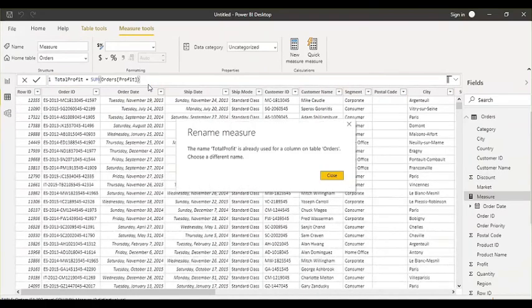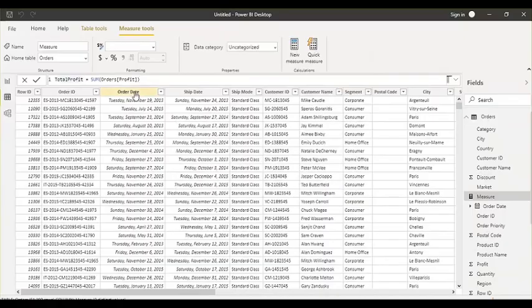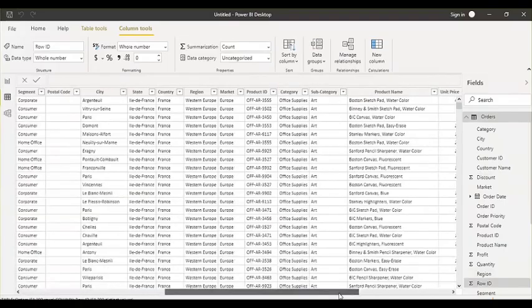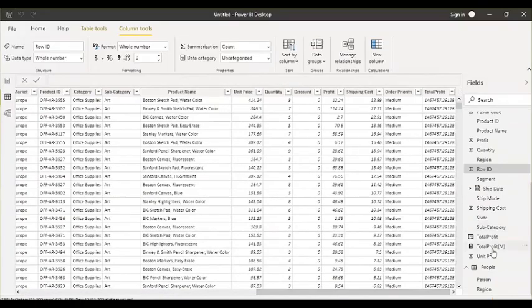All right, when I press enter, you see here that the same column already exists. It means you cannot have the same name for your measures and your tables. So here in brackets I can just mention that this is my measure. When you create this measure, you see it appears here, and this measure value you cannot see in a table. Why? Because measures are not a physical part of your table.